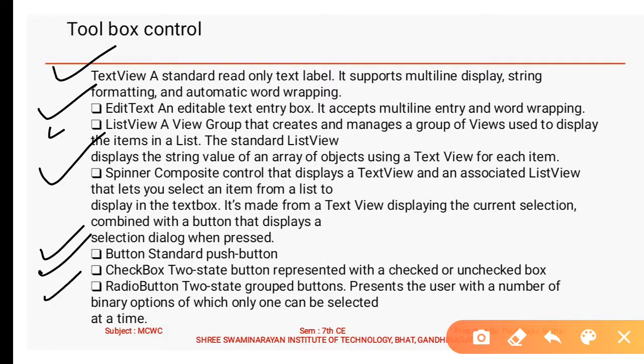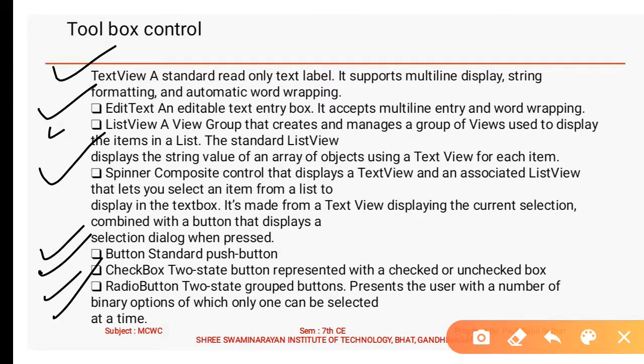Then the RadioButton. There are two options whenever you create an application. What is the use of a radio button? Selecting from two options. It is a two-state group button that presents the user with a number of binary options, of which only one value can be selected at a time.